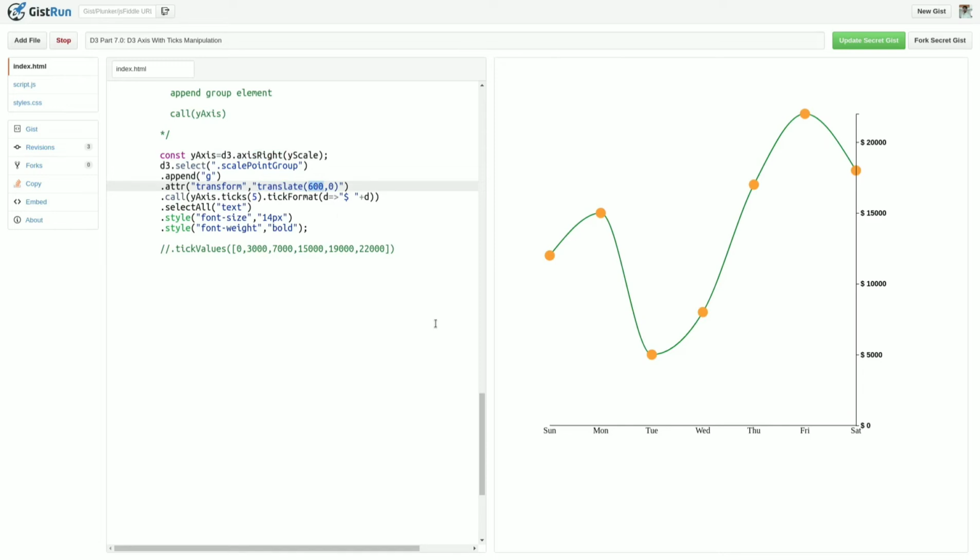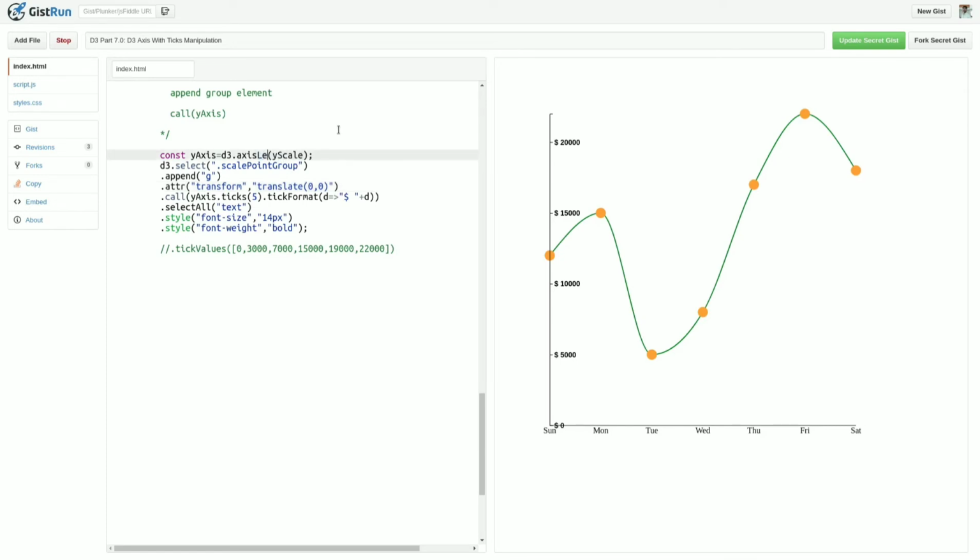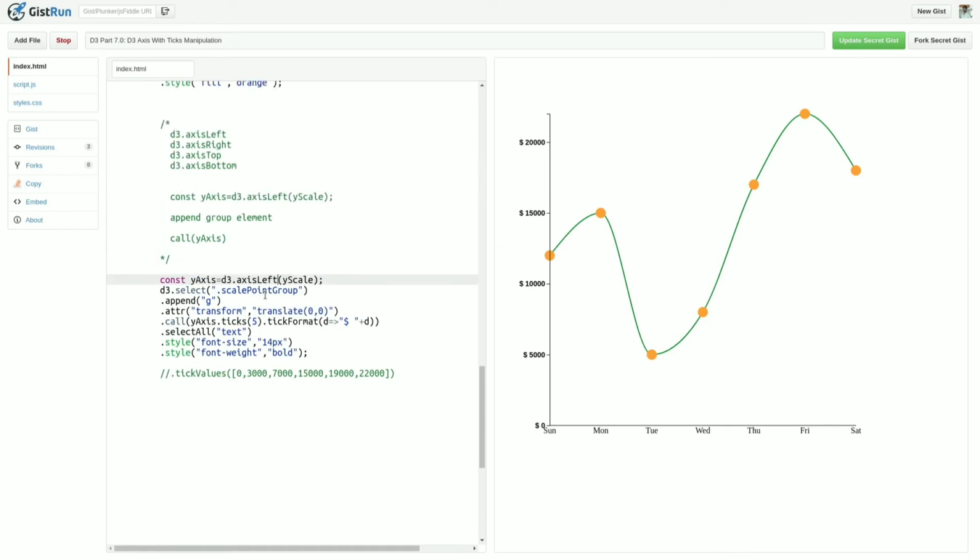So your left y-axis will be moved to the right side y-axis. So this is very simple. Using a simple step you can convert your left side y-axis into the right hand side. So here I will write left, so left side y-axis available. Now I will convert this x-axis using the d3 axis bottom.